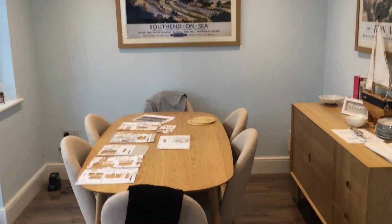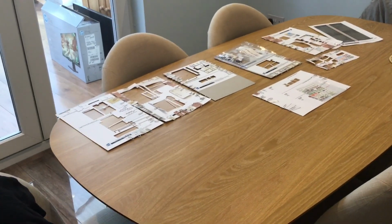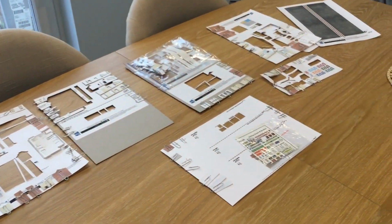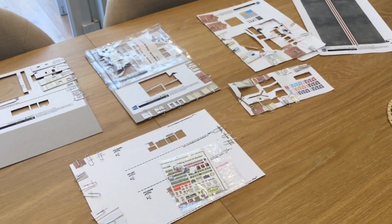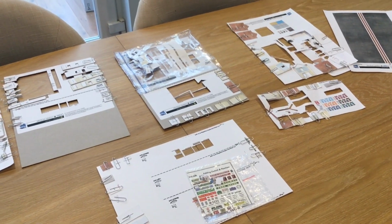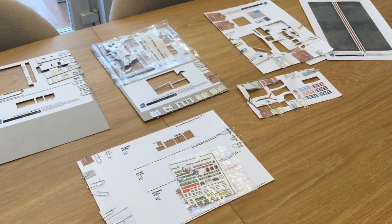Right, okay, so everything has now been cut out for the medium station. I don't know about medium, there's well over 100 pieces of cutting, and they're all laid out here now on the table. It's taken me probably the best part of 2 days to cut this out. Not obviously a whole day, but I had one session of 2 hours, a session of an hour and a half, and then another session of about 2.5 hours, which saw the back of most of it,